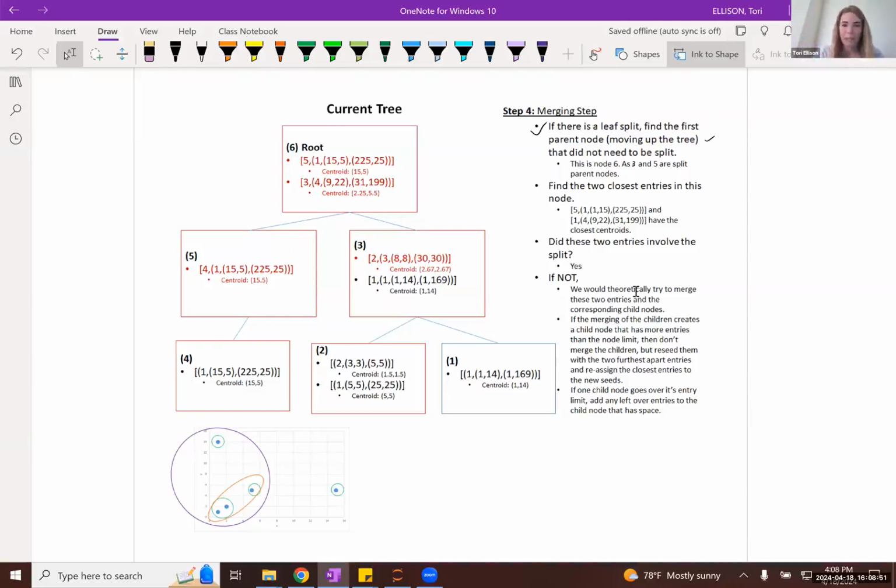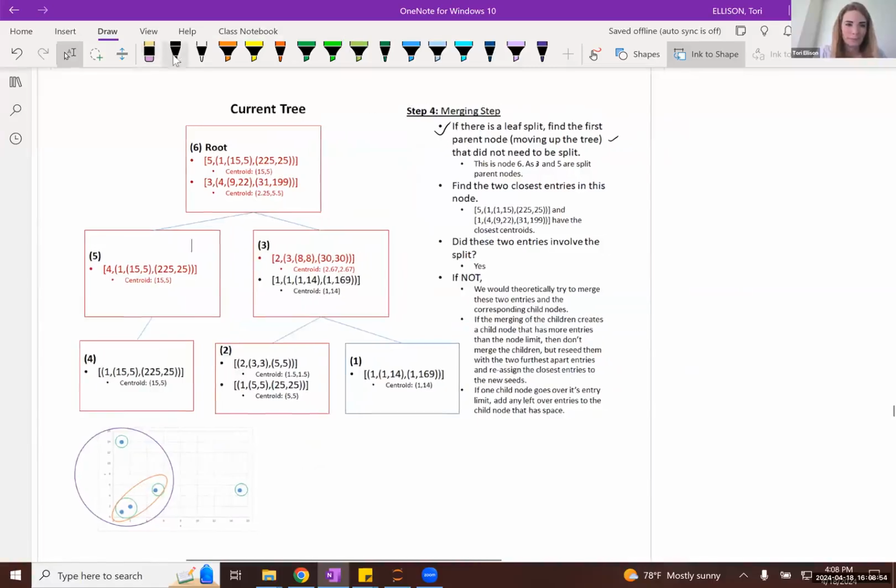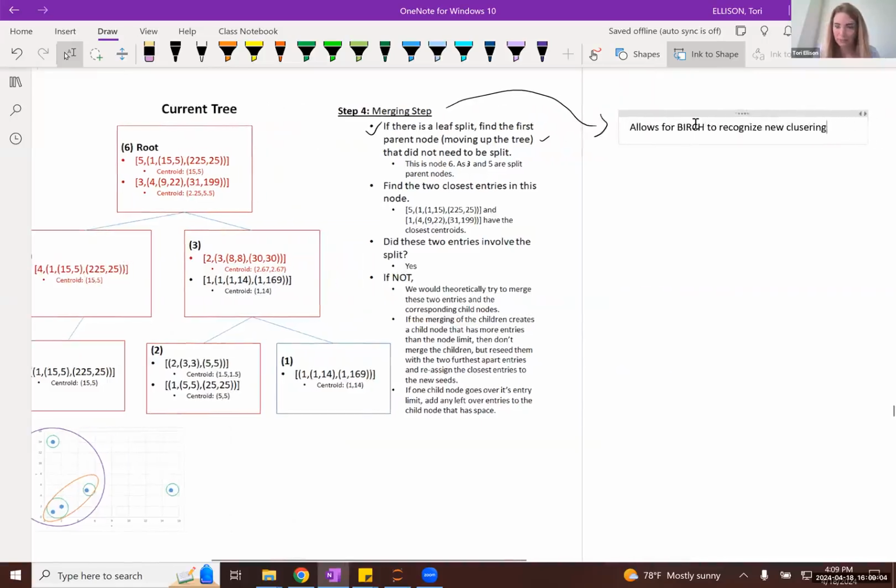So the bullet point is: step 4 allows Birch to recognize new clusters in newer batches of data that may not have been observed in the initial observations, which had been read into the tree first.